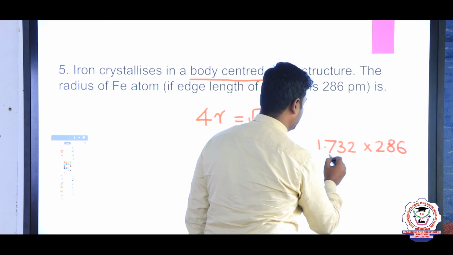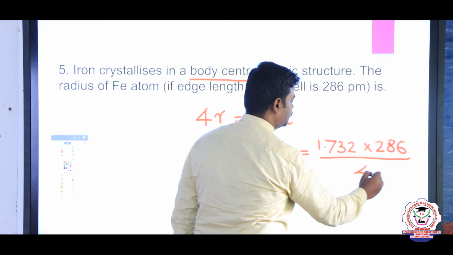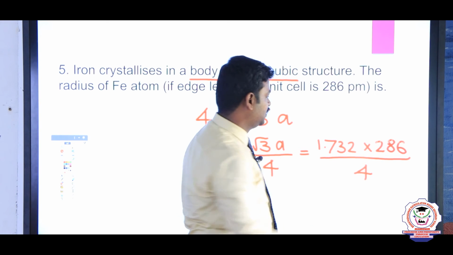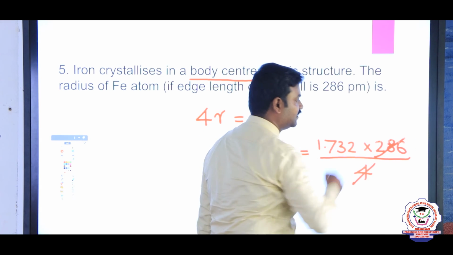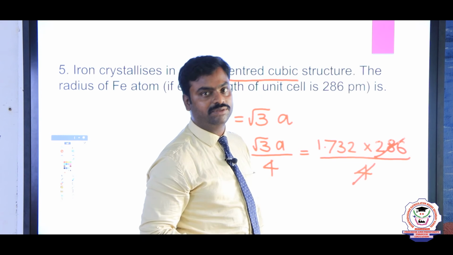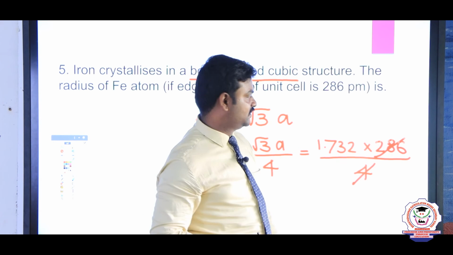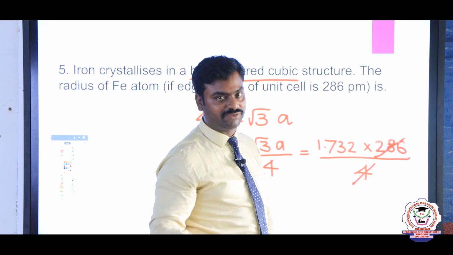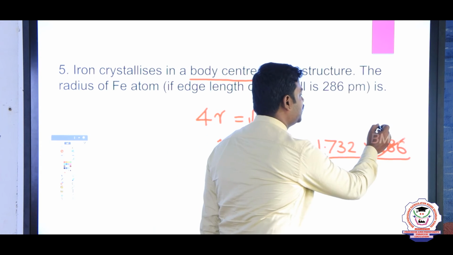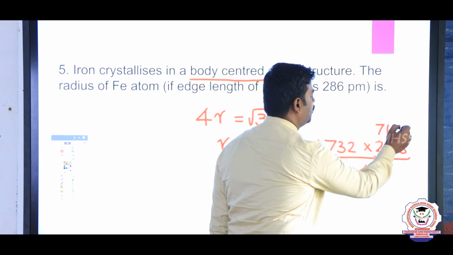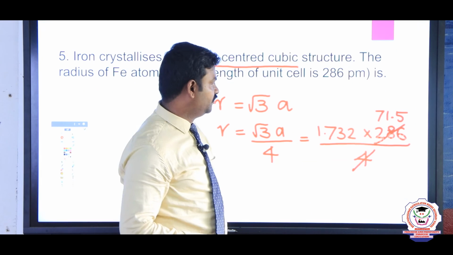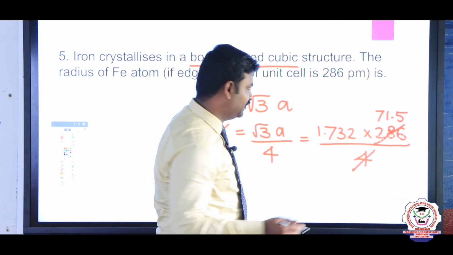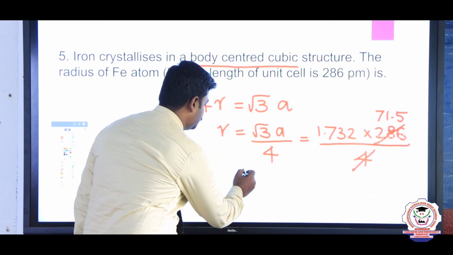286 divided by the value 4. Now we have to cancel 4 and 286. If you cancel 4 with 286, say 280, that is equal to 70 into 4. So this will be 70, and then we are having 6. 6 is 1.5 after 4. So 71.5. When you multiply 1.732 with 71.5, the value is equal to